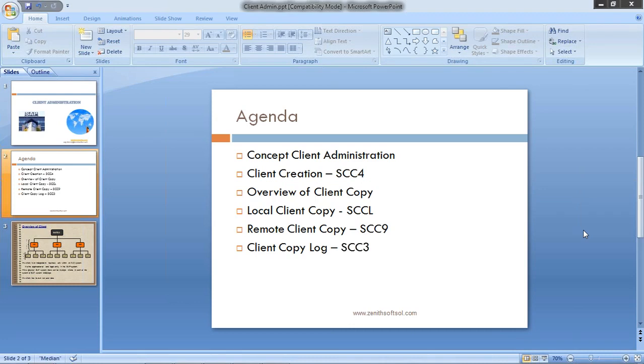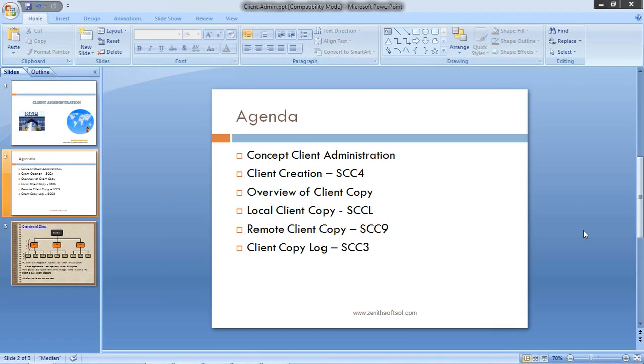To avoid data inconsistency, the user should not keep on working in the source or target clients when the client copy is going on. Other important thing is that for the best performance, always schedule the client copy in the background. Since if you schedule it in dialog, the job can be cancelled due to long running time,